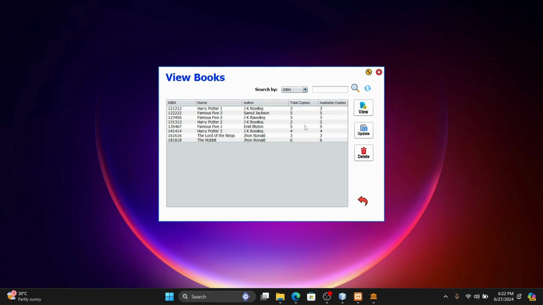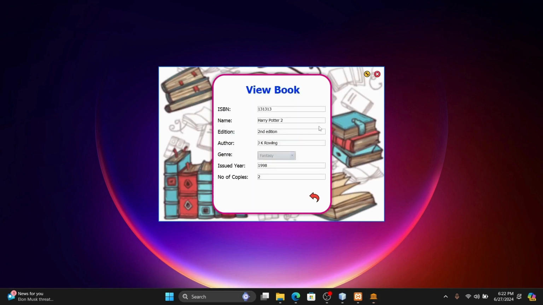To view, update or delete a record, first you have to select it, or else it will show you an error message saying please select a row. Now let's select this famous Harry Potter 2 row. It says there are two copies available. We can view all the details of that book,